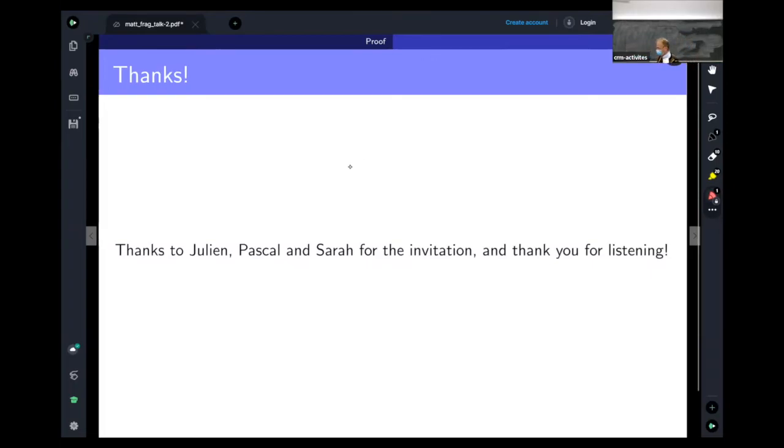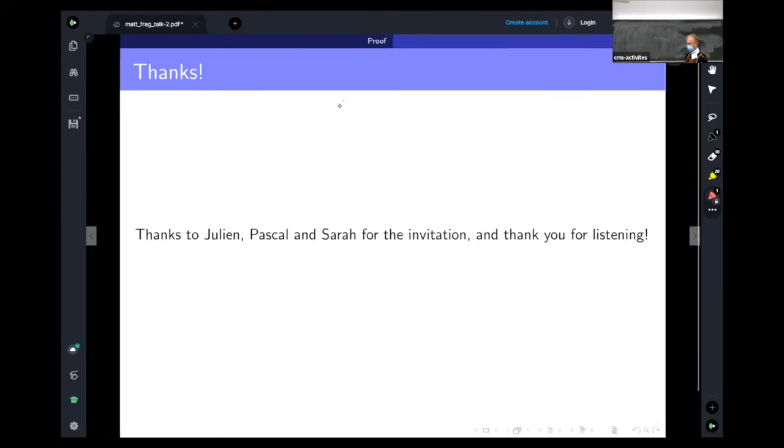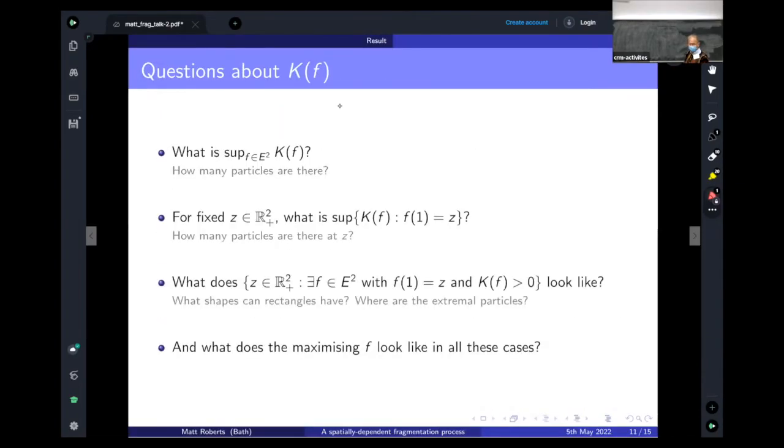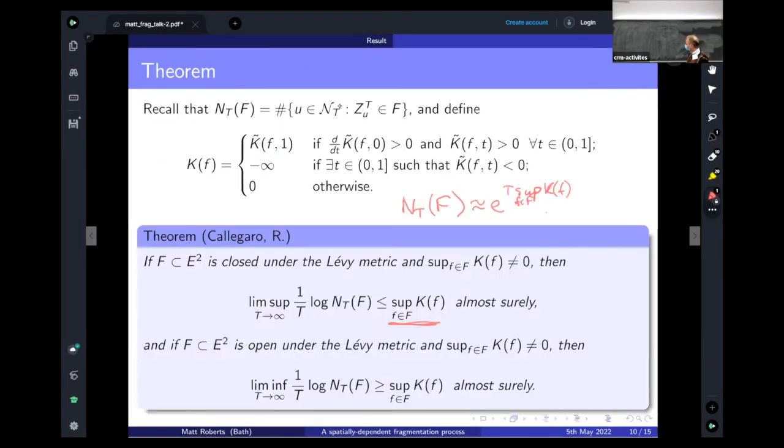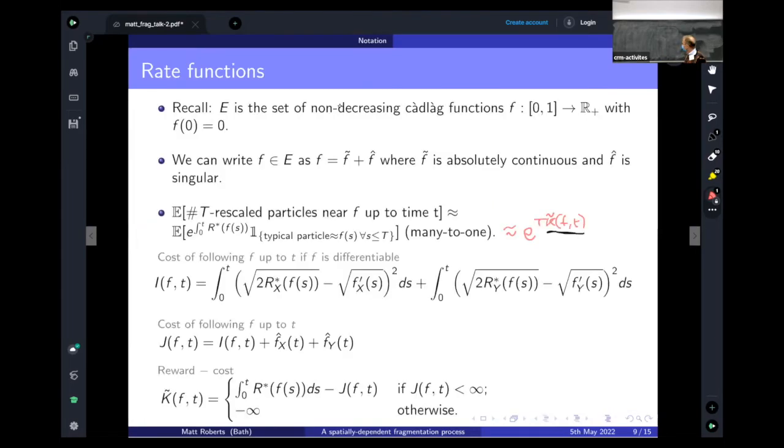Thanks so much, Matt. Could you go back to the definition of the rate function? Well, of the action function, so for a given function f. This thing? Yeah. Okay. Typically in these large deviation results, because you want to have a quenched large deviation result, right? Then you would want the cost to be negative over all times, because otherwise